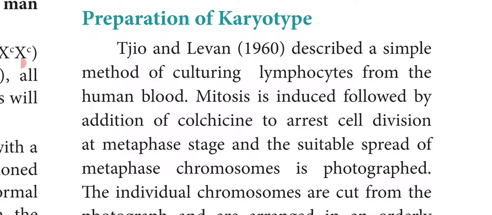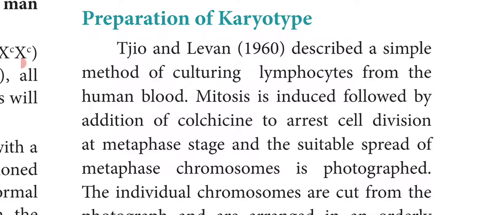Now we will see the preparation of karyotype. Geo and Levin in the year 1960 described a simple method of culturing lymphocytes from the human blood. So the scientists Geo and Levin described a simple method of culturing the lymphocytes from the human blood, and the lymphocytes are induced for mitosis. That is, mitosis is induced